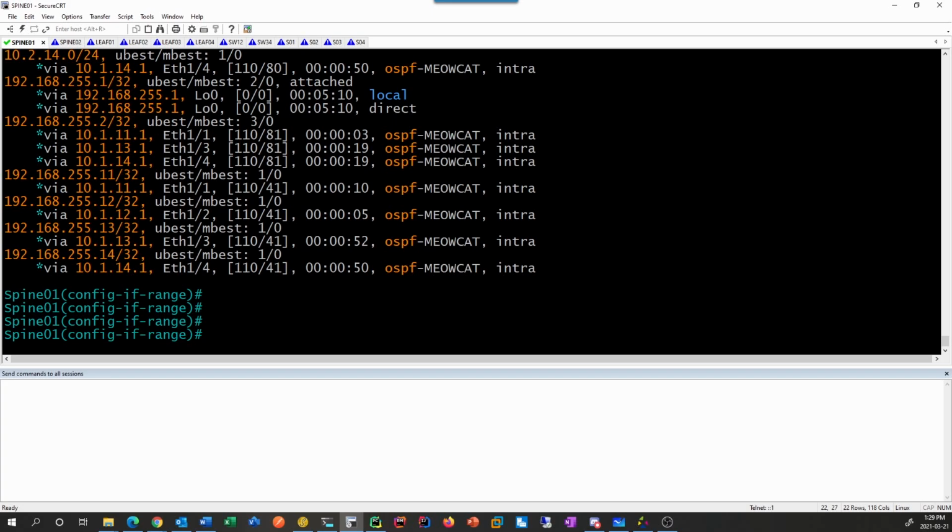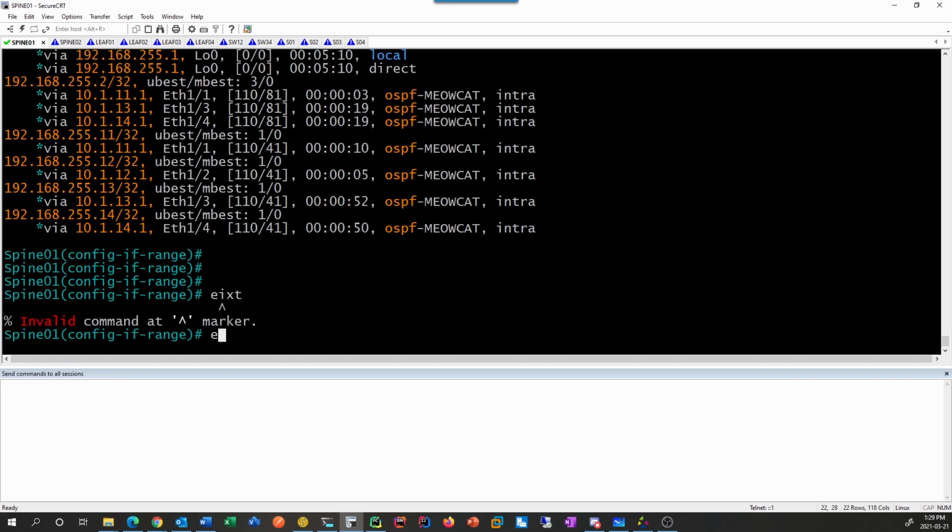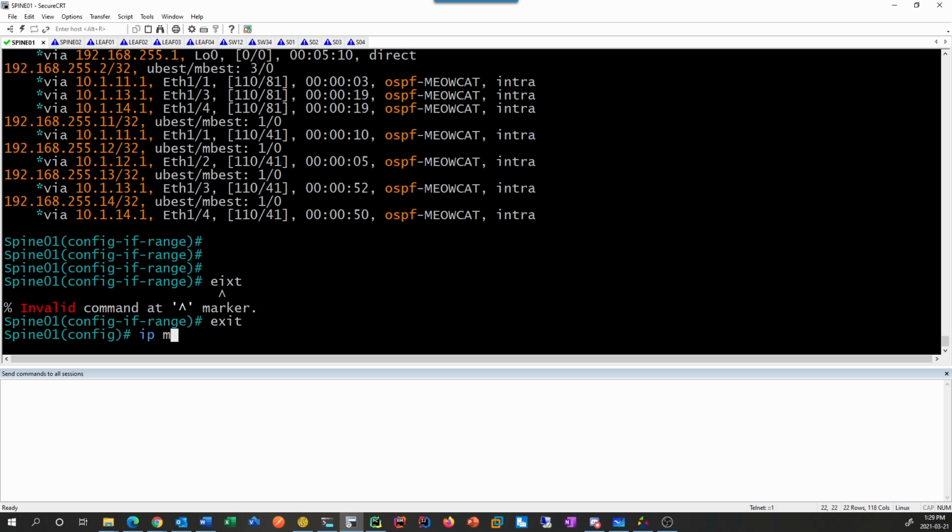And what we'll do is we're going to start setting up the multicast. Now, on a router, we would do IP multicast routing, but we don't have to do that on Nexus because we've already enabled the feature, so it knows that it's doing multicast routing already. So what we need to do is set up our RP, and we can do this a couple different ways. Now, if we look at our topology here,